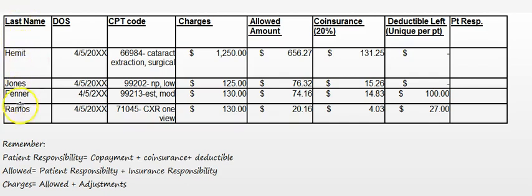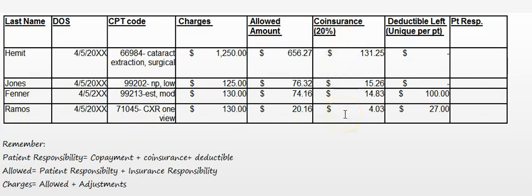You have the patient last name, the date of service, which in this case is all the same date, the CPT code, and a brief description of each one, the charges submitted for each CPT code. Please notice that each charge is unique and is dependent upon that CPT code. The allowed amount, according to the payer,